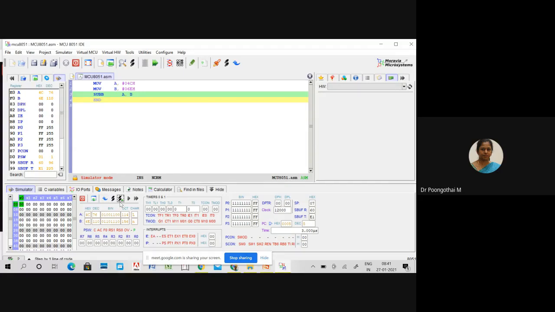And after subtraction, here your answer is D, and also you check your carry flag here. Your carry is set to 1 and auxiliary carry is set to 1. To indicate that the result is in negative form, the result is in 2's complement form. To convert 2's complement form to true form, again we need to include two instructions, that is complement accumulator and increment accumulator. Your carry is set to 1 here to indicate that the result is in 2's complement form. Okay, I will explain this.